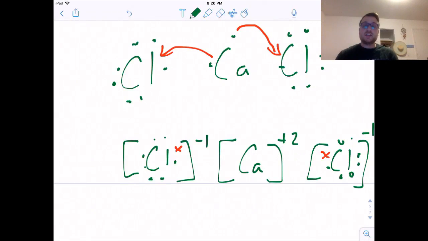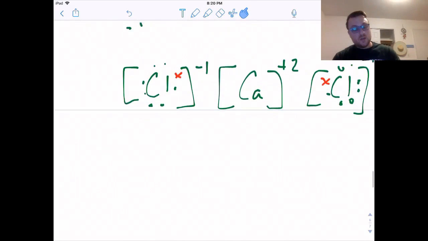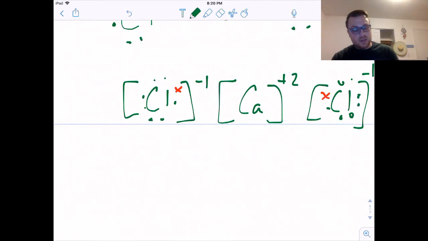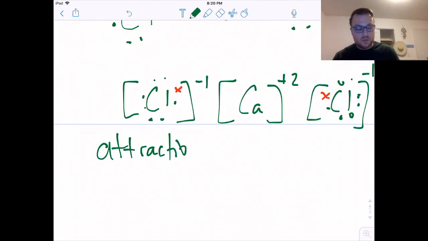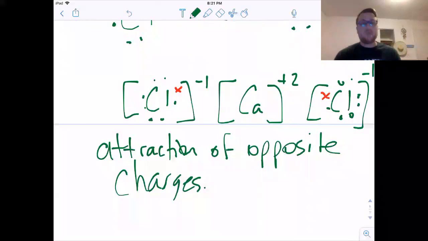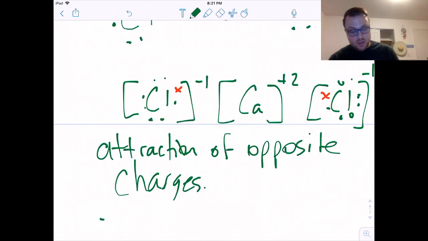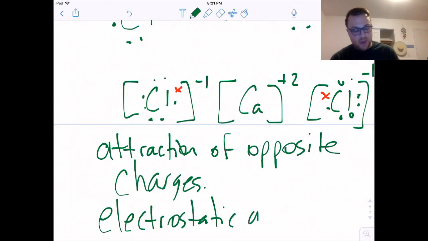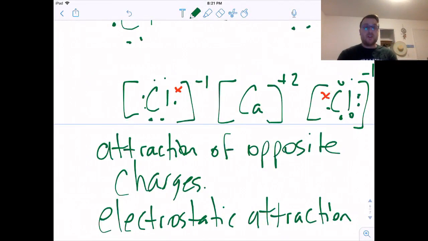You show ionic bonds like this because the bond is the attraction of opposite charges. Okay? So these bonds are formed from that attraction of opposite charges, those pluses and minuses. You might also see it worded as electrostatic attraction. So when these things bond together, they have that electrostatic attraction, that attraction from the opposite charges, and they form